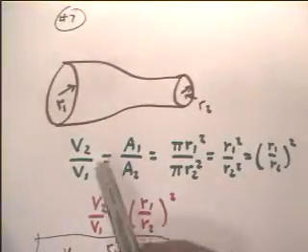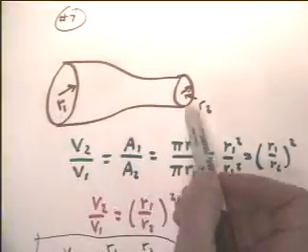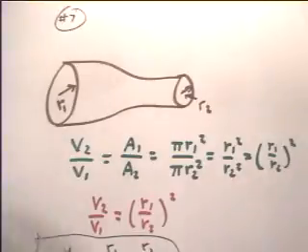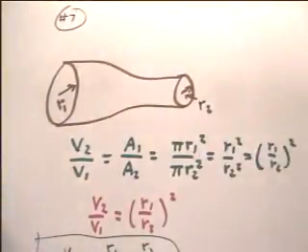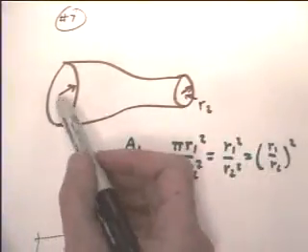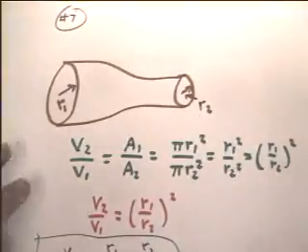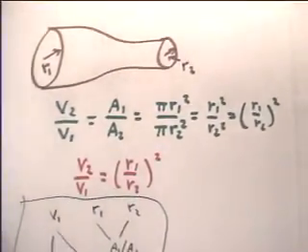The situation for number 7 is similar to the situation for number 6, except now we have radius R1 and radius R2. Let's make that look a little more like an R. Instead of the cross-sectional areas A1 and A2, we just have the radii R1 and R2. Now we're going to use the results that we got in problem 6